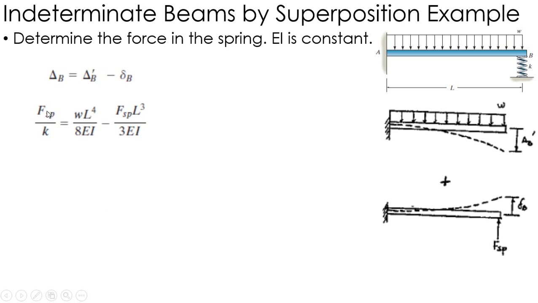So the total deflection, by definition of Hooke's law, is the force of the spring over the spring constant. Looking up in Appendix C in your book, the deflection due to distributed load at the endpoint of a cantilever beam is this, and the deflection of a point load at the end of the beam is this. Again, my load is the force of the spring,